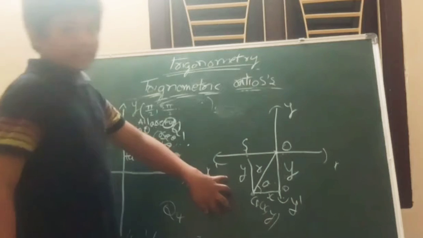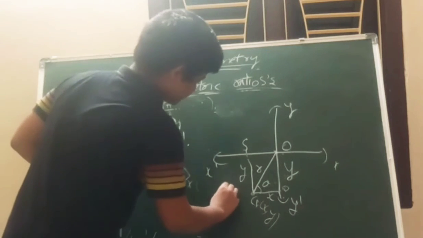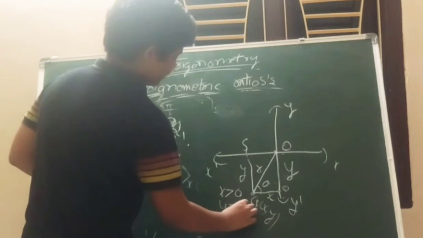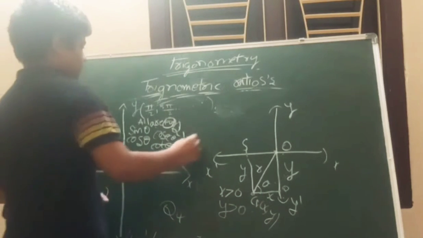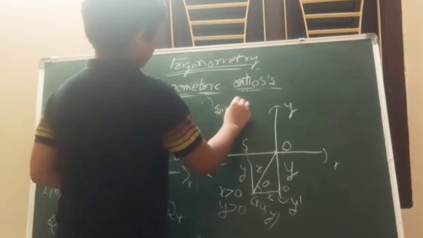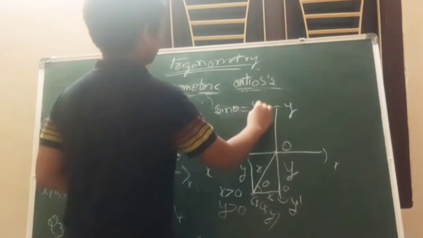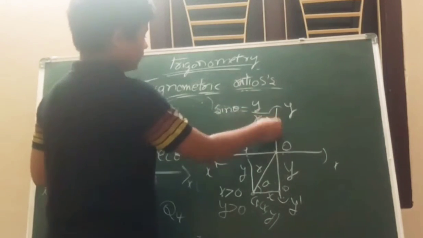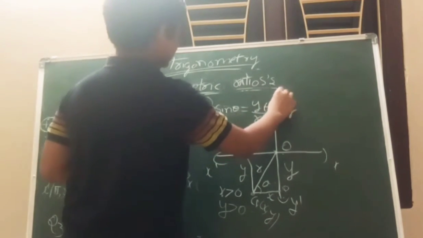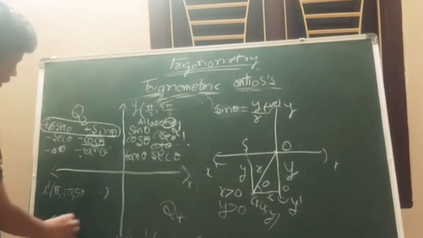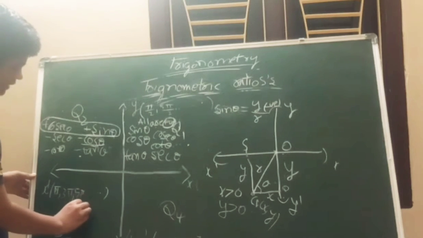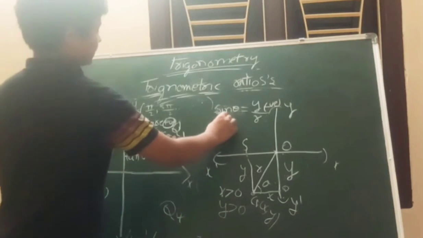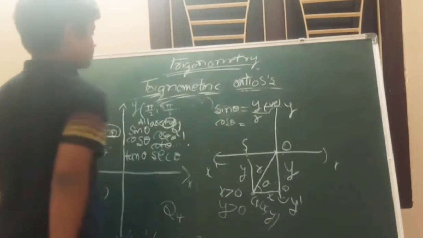In quadrant 3, x and y coordinates are negative. So sin theta, we already know that, is the opposite side to theta by hypotenuse: negative by positive, that is negative. So in quadrant 3 sin theta is negative, and the second one is cos theta,